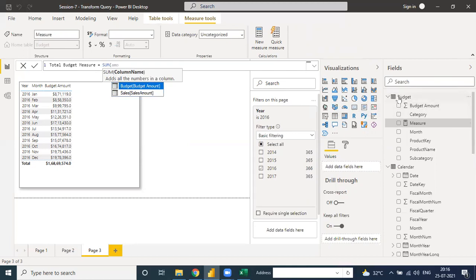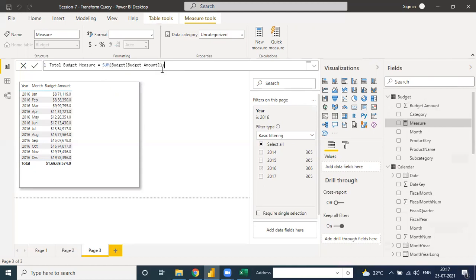Okay, so when you understand the proper table, you have to connect all your formula directly. You don't need to remember the formula of sum, average, this kind of thing. You just need to connect it to the table directly. Sum on the basis of the budget table and connected with the budget amount. Suppose you need to do a sum of the budget table with the budget amount plus the sum of the sales table. So you need to just plus and enter the table, and simply click on the budget and put the bracket close.